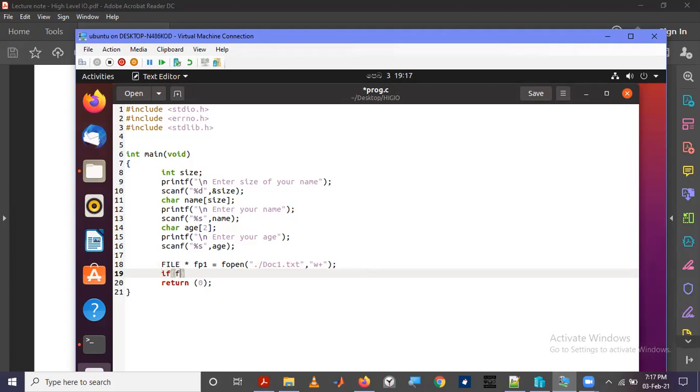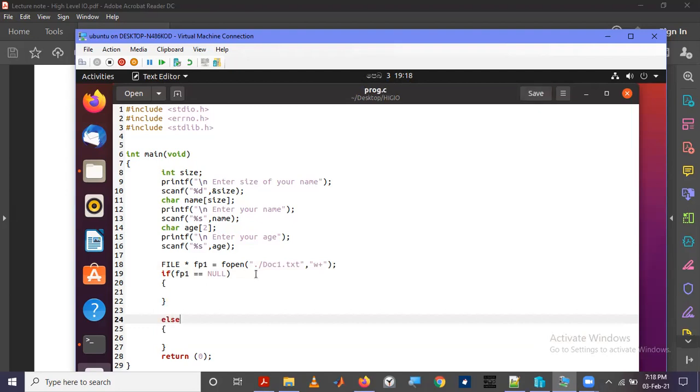If file pointer 1 equals null, if it is null pointer, then we have to print the error and exit. Otherwise, we have to continue.